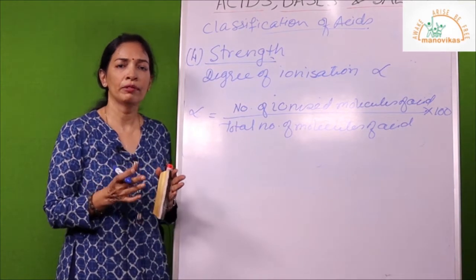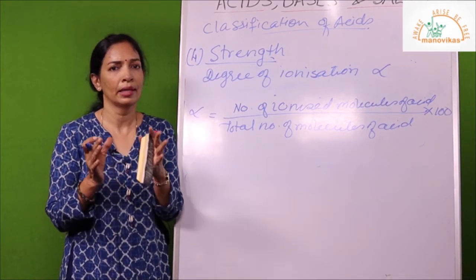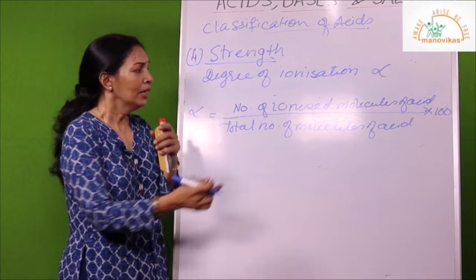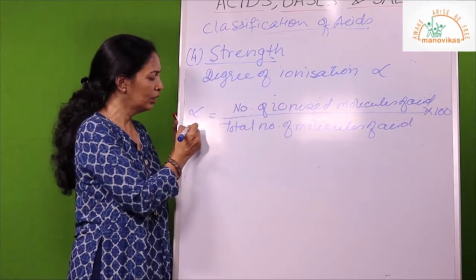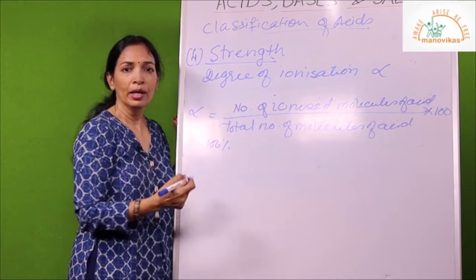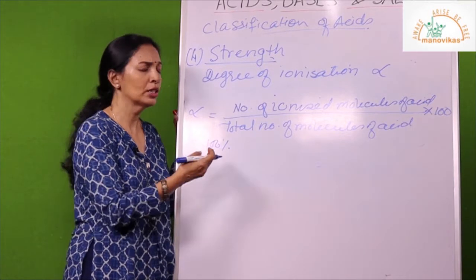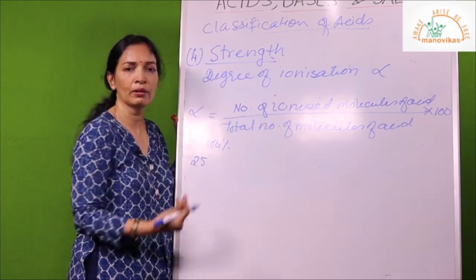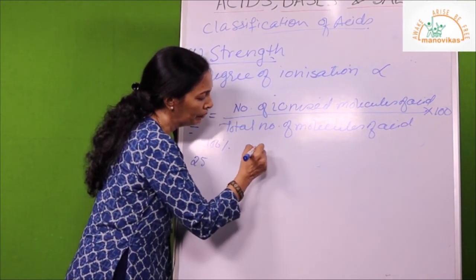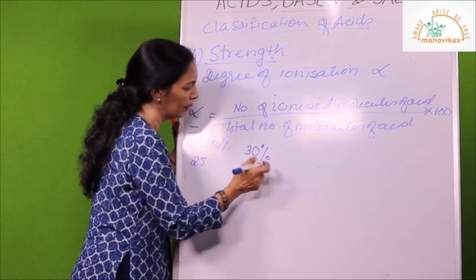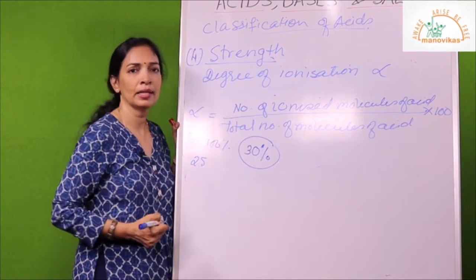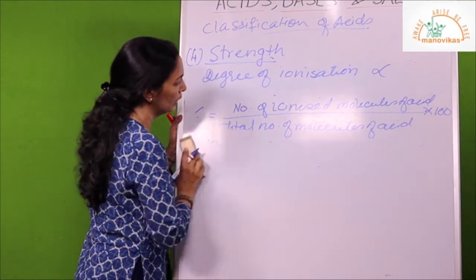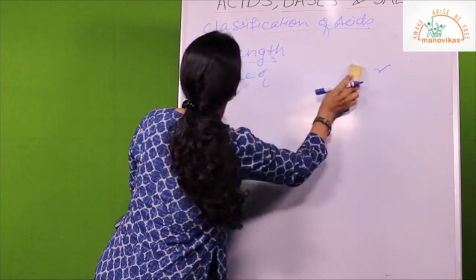Let us suppose we dissolve 100 molecules of acid in given volume of water. If all the 100 are ionized, then 100 upon 100 multiplied by 100, so degree of ionization will be 100%. If 60 molecules, then 60%, if 25 molecules, then 25%, so that we can calculate like this. It is found that if the degree of ionization is 30% or more, then the acid is considered as strong acid. Okay, so now on the basis of this, already I told you there are two classes on the basis of strength: